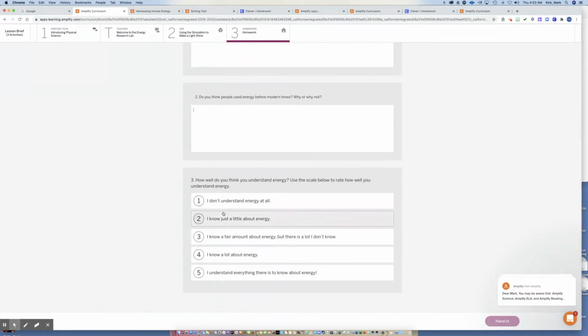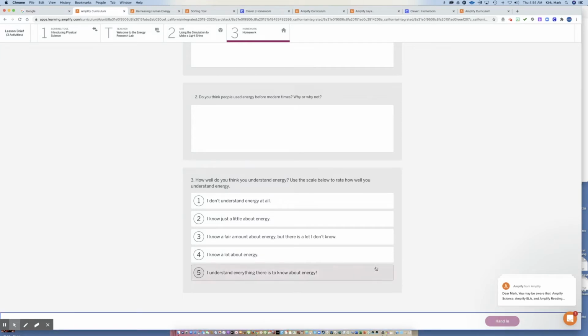And then question number 3 is this multiple choice. How well do you think you understand energy? Right? So this is kind of like an exit ticket where you'll say, I have no clue. I didn't even know what day it was today. Or, hey, I think I understand everything there is to know about energy and I'm ready to take the test right now. When you answer all of this and you're ready to turn this in, down in the bottom right hand corner, this magenta purple-ish color button will activate, and you can just click that and you'll be able to